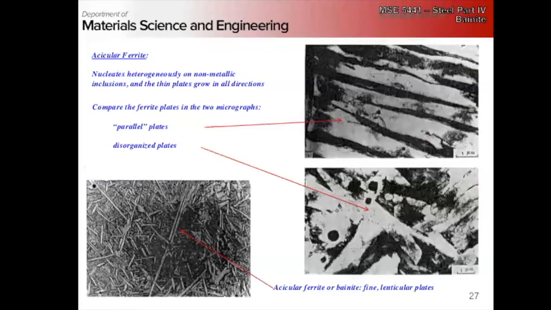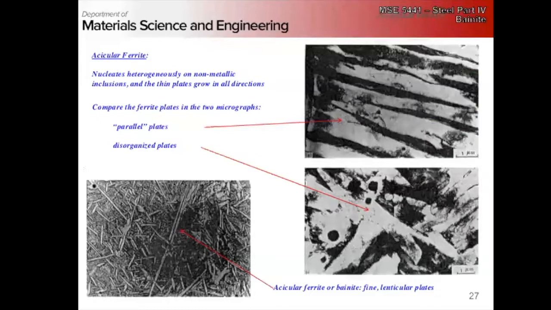That sort of wraps up the physics of bainite. I do want to hit this acicular ferrite, right? Which is basically ferrite plates that, instead of forming nice layers, form this mess of